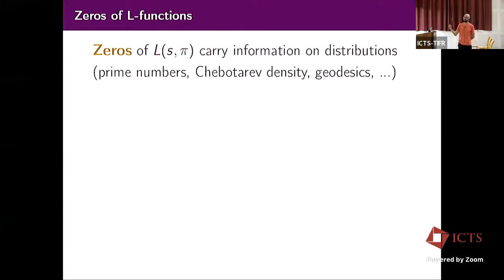The Chebotarev density theorem more or less exploits the same ideas with the Dedekind zeta function, looking for specific vanishing or not. And even geodesics on hyperbolic surfaces can be studied by looking at zeros of the Selberg zeta function, for instance. So understanding zeros would probably bring a lot of consequences about objects that may be more difficult to study by themselves.